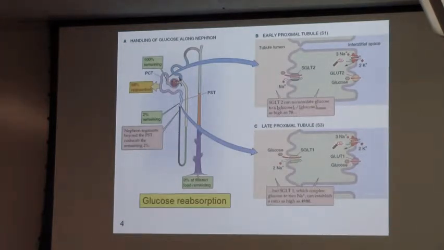For glucose, it's simpler. Sodium-potassium ATPase on the basolateral membrane in the proximal tubule as everywhere else. We only have to look at the proximal tubule because it's only in the proximal tubule that we express a sodium-glucose cotransporter. Whether it's sodium-glucose cotransporter 2 or sodium-glucose cotransporter 1 is a detail that is not